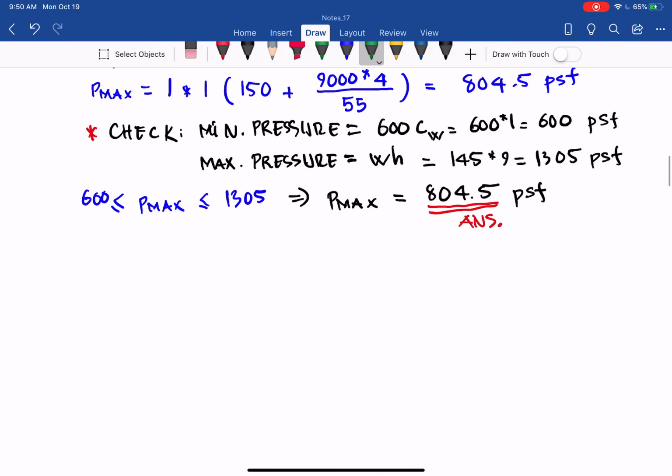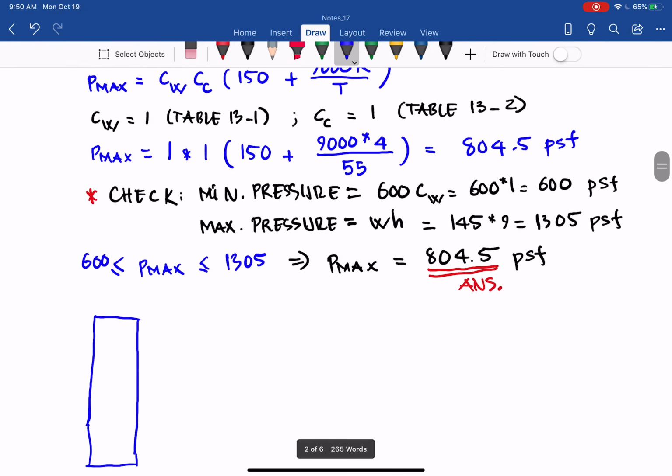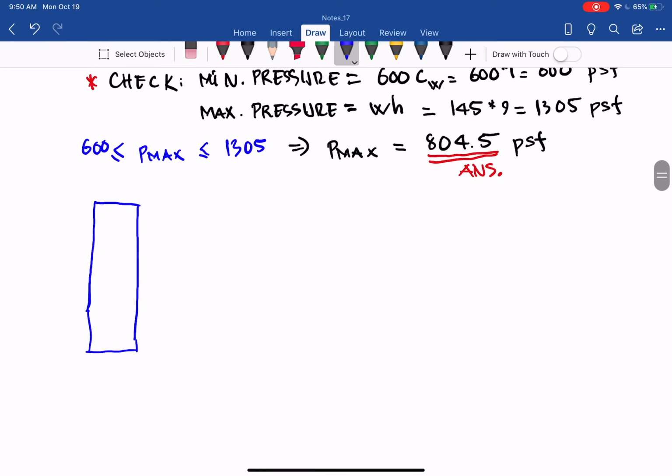So what does that mean here? The way it works is you have the form. So let me draw the form here. The typical form. Just have it here. So you have the formwork, and this is the wall. So the concrete inside, it will be like pressure, but if it's fluid, it will go like